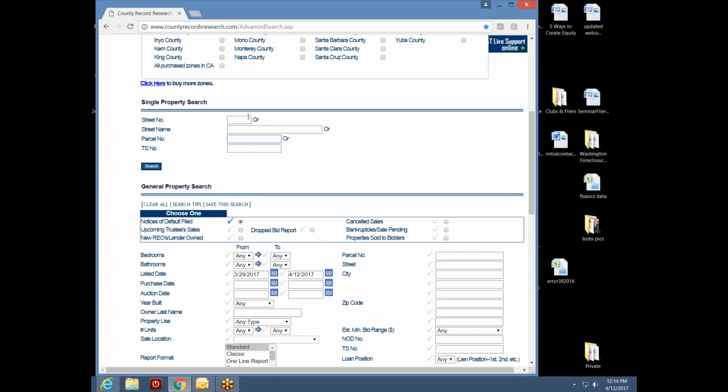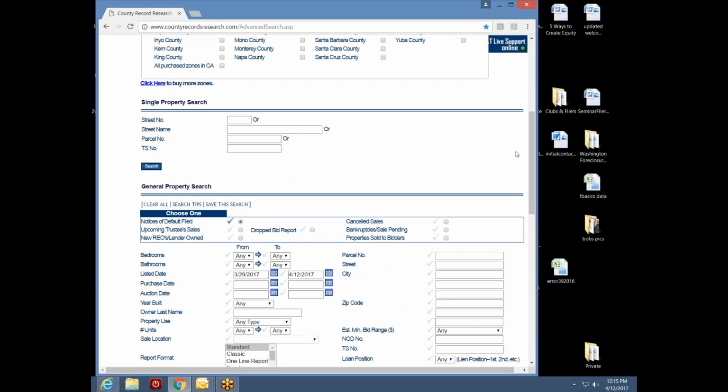But I do not use every box. I use 1, 2, or 3. I only use one box at a time in the single property search, and I'm going to demonstrate that for you with parcel numbers on Friday. You're going to get a kick out of that, because this is how we find out if that property has multiple records in the system, because that always helps us, especially if we plan to buy at auction, to know if there are multiple records in the system.